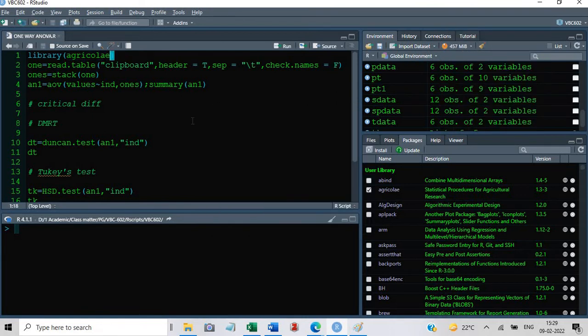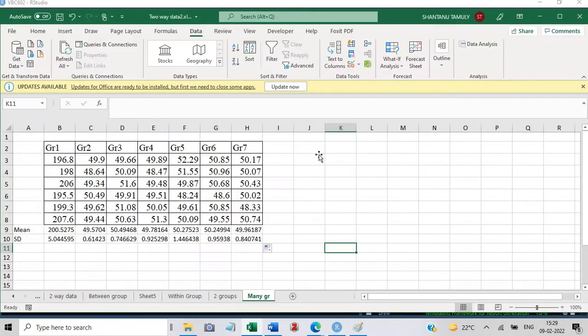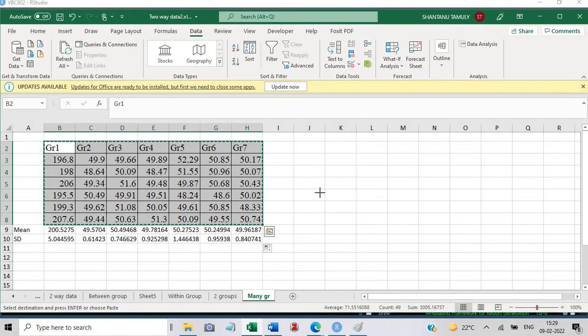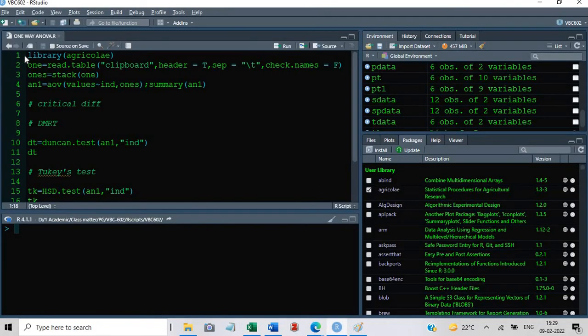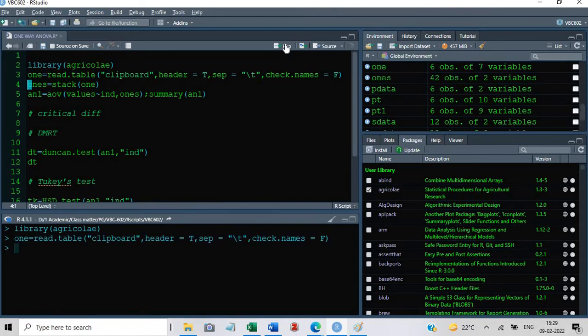Now what you will do, just like earlier, we select this data, copy, and then put your cursor here at this point and click run. Just go on running.